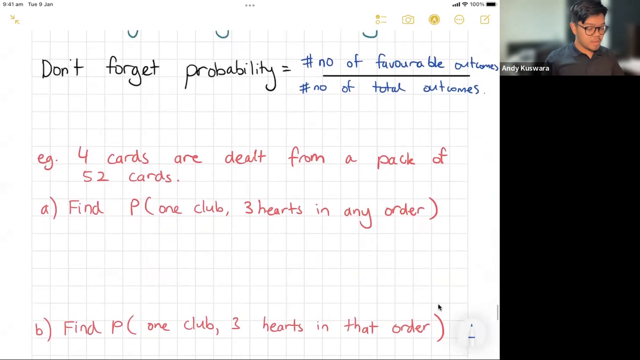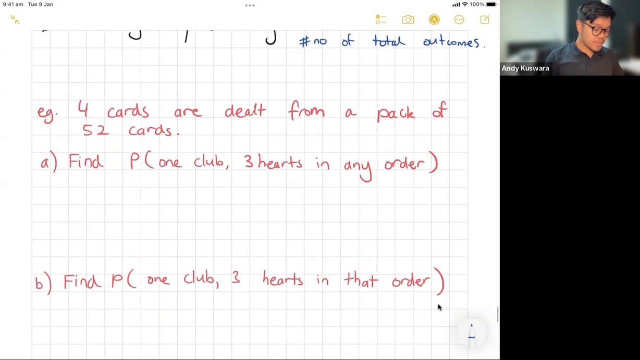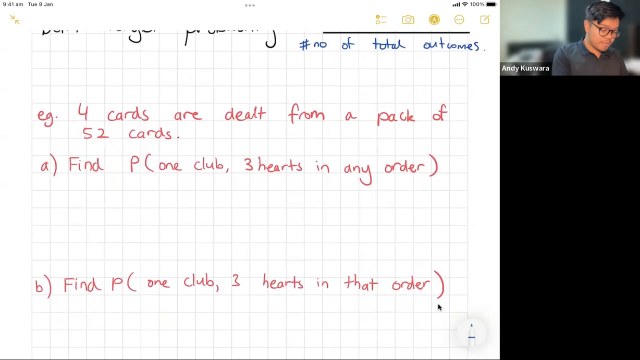So with that in mind, now 4 cards are dealt from a pack of 52 cards. Hopefully you guys know how to play with cards. Find the probability that you get 1 club and 3 hearts in any order. Okay. So in this here, if it's in any order, that means I'm not really counting all the different orders. So if it's 1 club, there's 13 clubs and I'm choosing 1. If I'm talking about 3 hearts, there's 13 hearts, but I'm choosing 3. And that's going to be all over